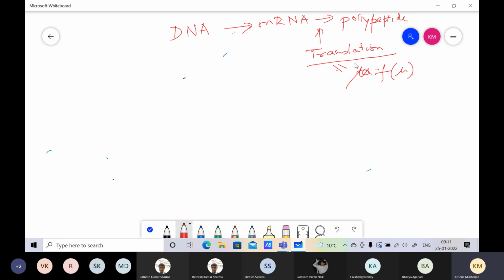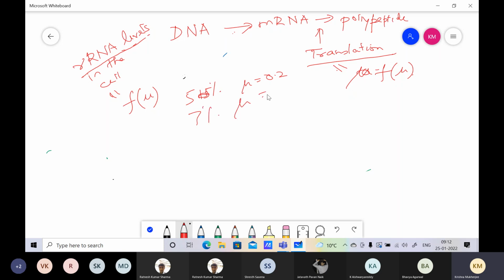And this function, I'm sure you would have heard of this, in any structured modeling, I mean, we're not getting into structured modeling, but in any structured modeling, the levels of rRNA in the cell are a function of mu, which means that the level of rRNA, I'm putting some random numbers, maybe 5% when mu is 0.2, and will become 7% when mu is 0.3, and 8% when mu is 0.4 or something like that. Which really means that as mu increases,